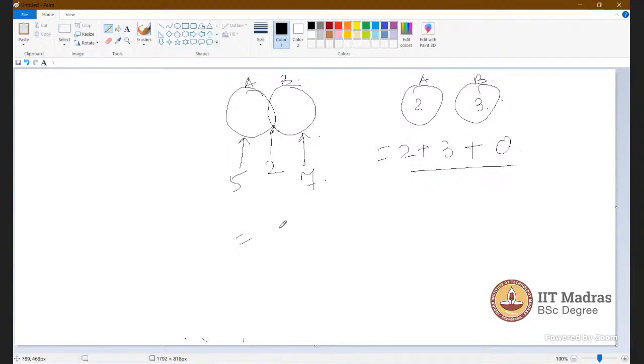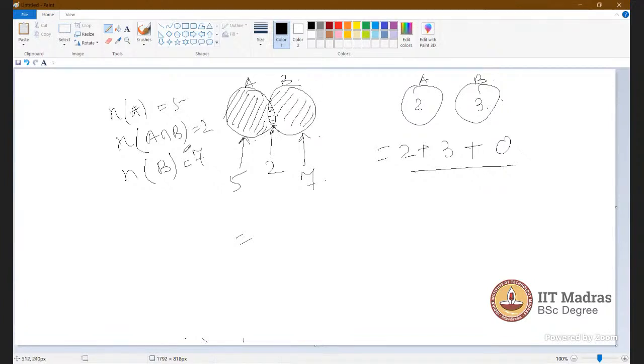10. Here 5 is the complete count of A, n(A) equal to 5, and the intersection with B is 2. Then it will be 10, and this is 7. It takes this one value and then this one value, similarly working in the full outer join, right?